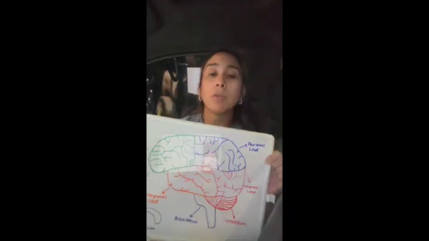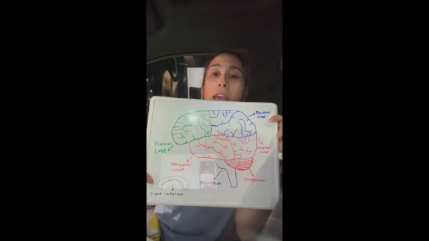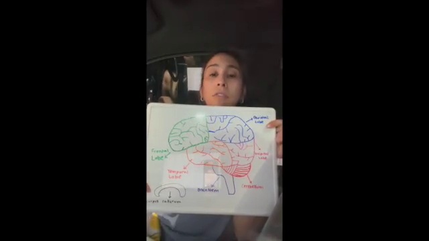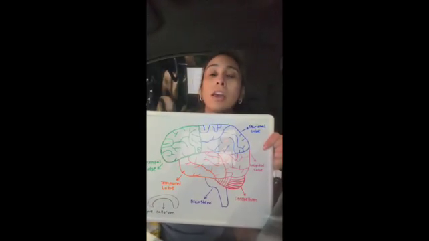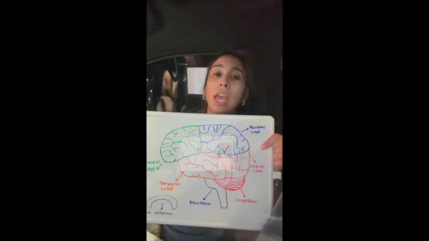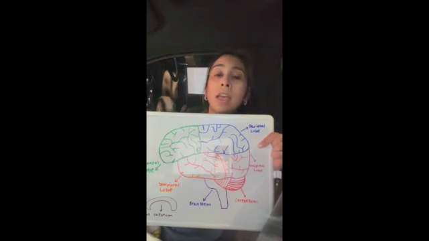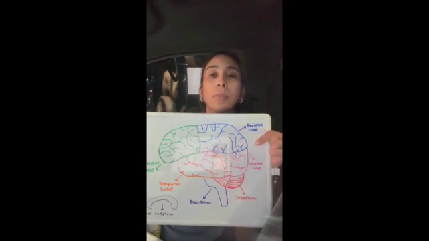The last portion I will be talking about is the corpus callosum. That is inside the brain, and it sends signals to the left and right hemisphere of the brain. In conclusion, every part of the brain has its own section and is located in its designated section because of its function. The size and shape and location of each structure allows it to perform its special